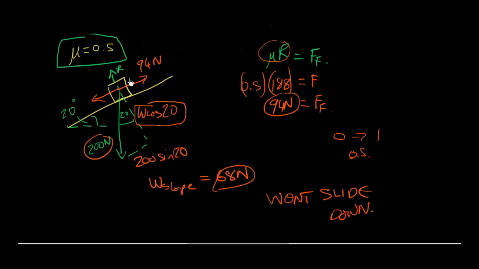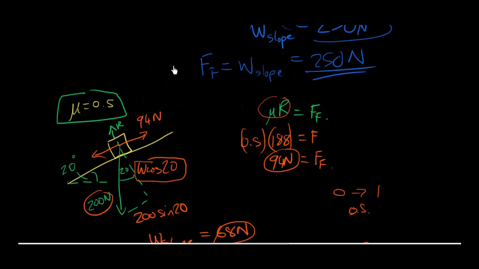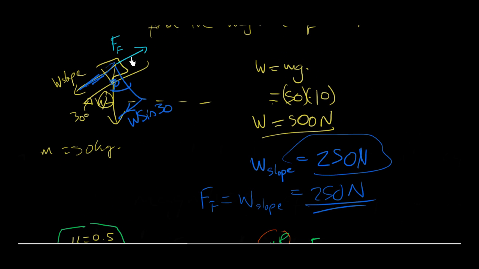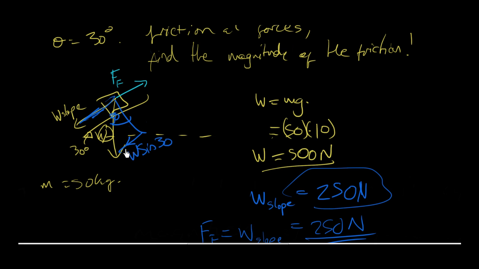If you don't do mechanics, if you just do physics, then this last part is not so important for you, but this part that we did before is very, very important, that you know how to split this up into the component down the slope, which is always going to be the weight times the sine of the angle. And you can compare that with the frictional forces, and you can calculate work done by friction as it moves down, or work done by the weight as it moves down, and things like that. So hopefully that helps,